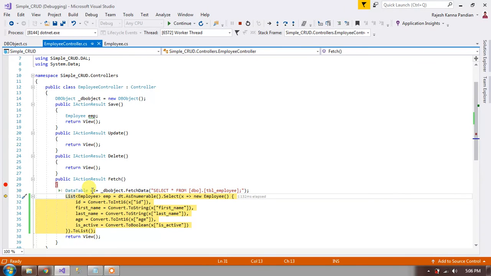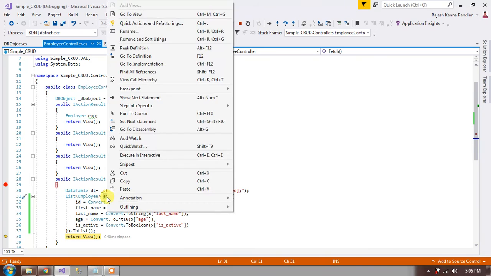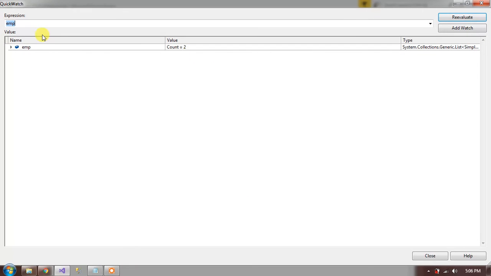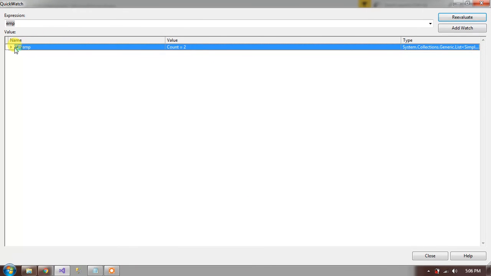In this step we have data in our dt. Now let's see how the value is assigned. Let's take the emp object and go to quick watch. See, we have a count of two, so we have two records.